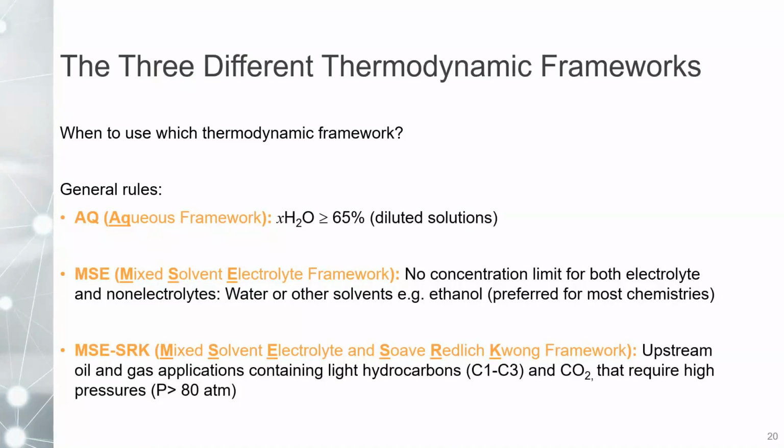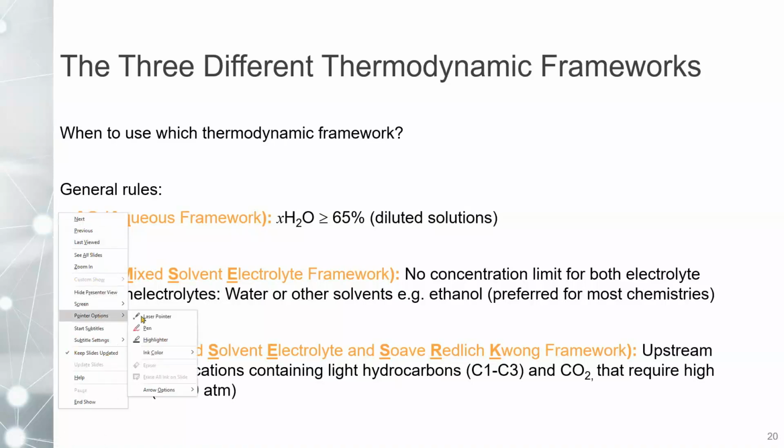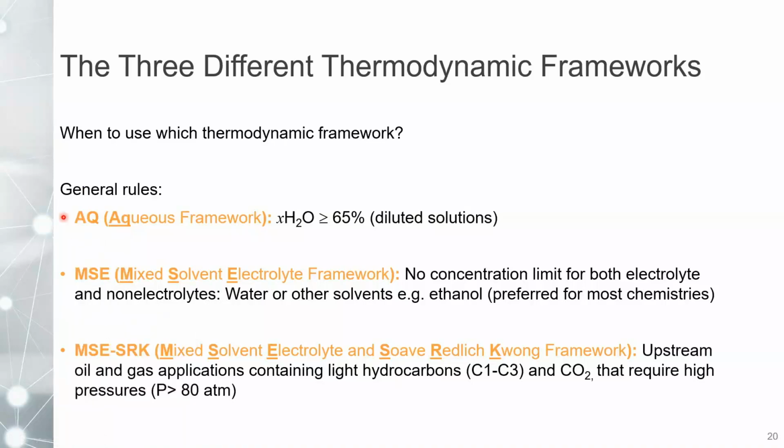So the order that you see these thermodynamic frameworks here is the order that OLI has developed them. Fifty years ago, when the organization was created, the first thermodynamic framework that was created was the AQ framework.